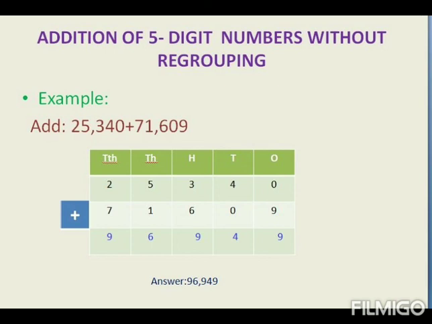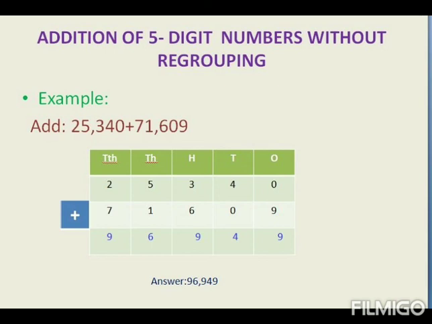Now let's move to the hundreds place. Here we have 3 and 6. Let us keep 3 in the mind, 6 in the fingers. After 3, 4, 5, 6, 7, 8, 9. 9 is your answer. Write it under the hundreds place of the answer part. Next in thousands place we have 5 and 1. When you add 1 with any number, we get the next number of the given number. So 5 plus 1 is 6.